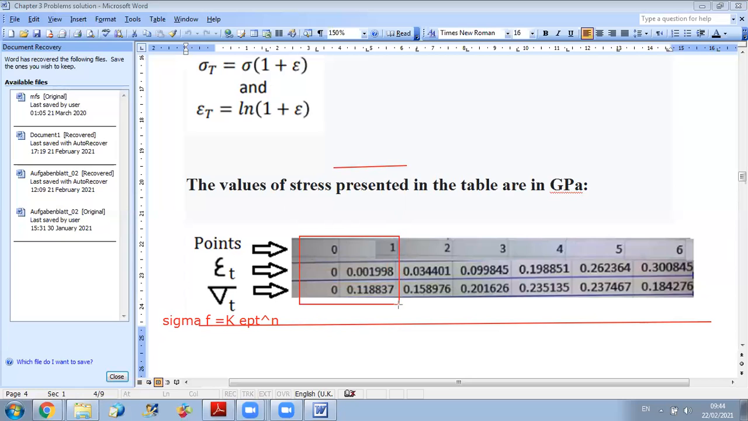Of course, for point 0 and 1, there is no meaning for the flow curve, because mainly the flow curve represents the strain hardening behavior. So no need, you can find values at 0 and 1, but you will have a deviation between the flow curve and the true curve for the elastic region. They will not be